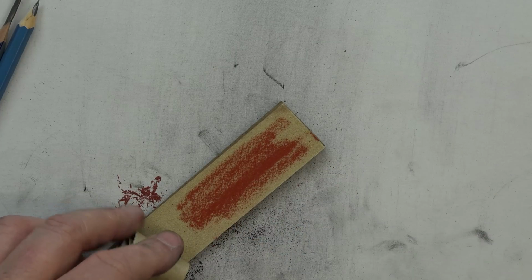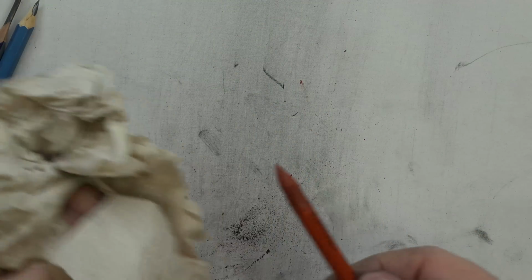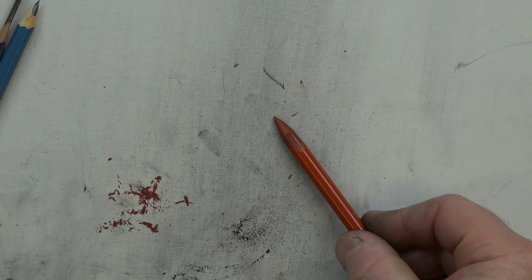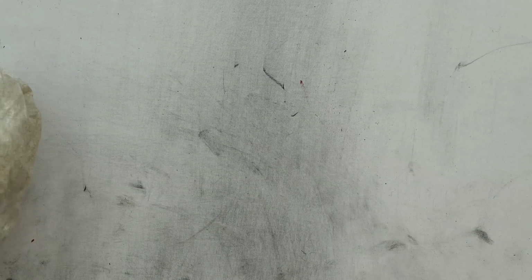Right, like so. Kind of wipe it off. Brush it off with your breath, or sometimes I'll take a rag, and that little extra residue that sits on top of a pencil, sometimes if you're not careful, that will get on your drawing, and you don't want that, and it kind of gets annoying. So just be mindful of that. And then once you get that